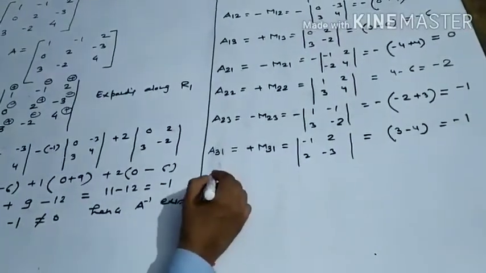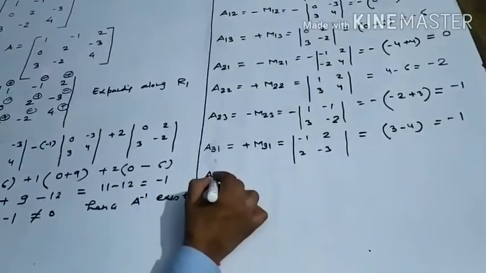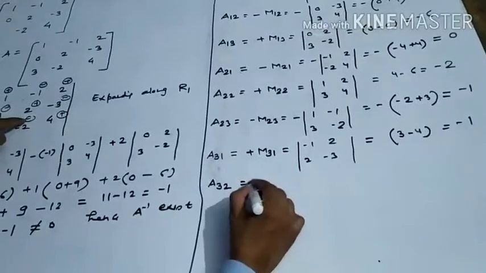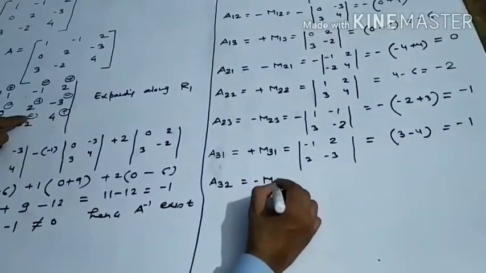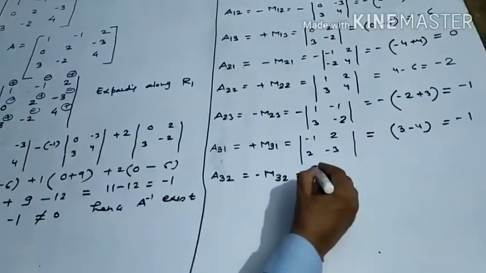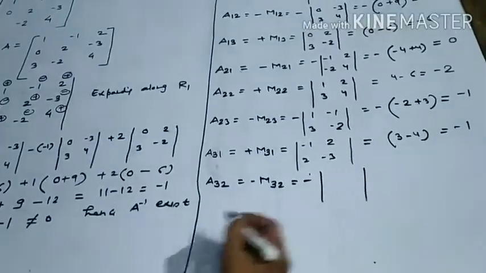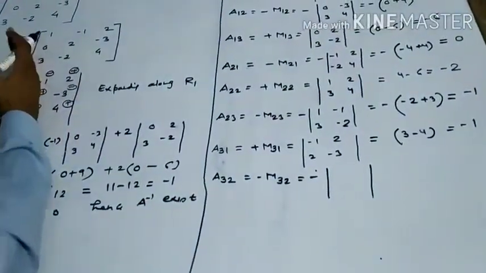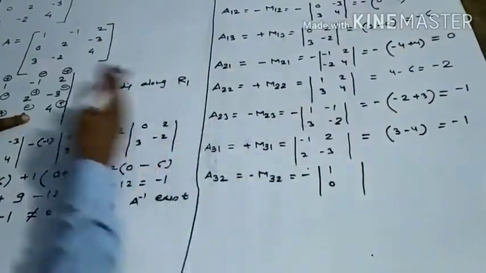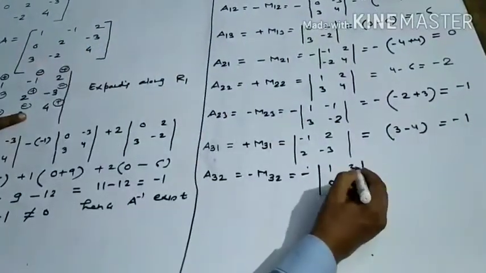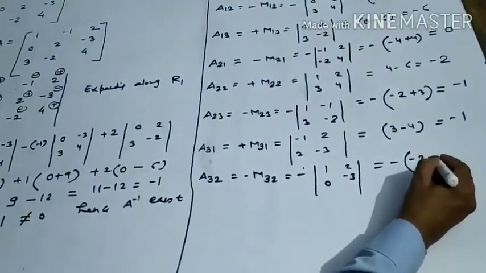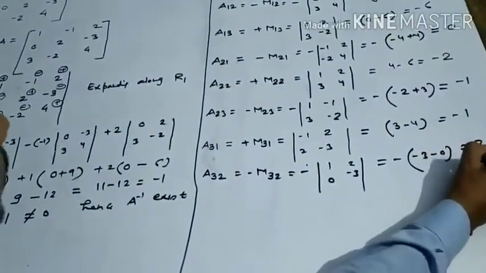Now after that we want to find out the cofactor of the element of the third row and second column, means this is the minus 2. So for this you have to make the minus sign and then M32, this is equal to minus and then the subdeterminant after leaving the third row and second column. This is the third row, this is the second column, so this is the 1 0 and then after this is the 2 minus 3, this is equal to minus 3 minus 0, or this is simply 3.